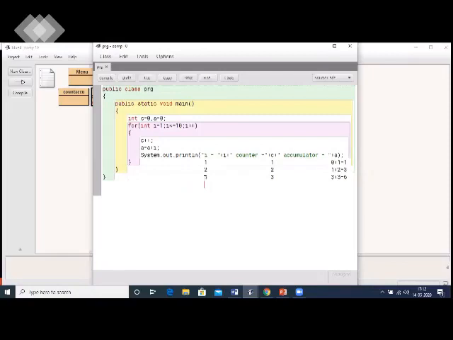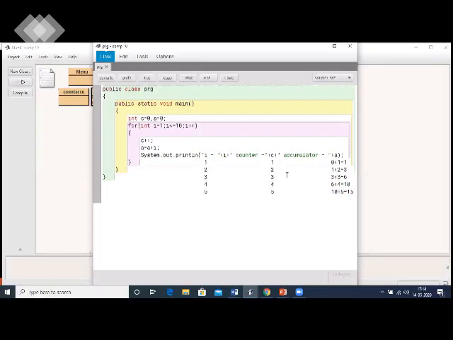Next, when i's value becomes 4, counter will increase to 4 and my accumulator will become 6 plus 4, that is equals to 10. Now the next value of i, when it becomes 5, in a similar way, the counter also increases to 5 and then the accumulator, what will it become? The original value, previous value of accumulator 10 plus 5 is 15. So it goes on increasing.